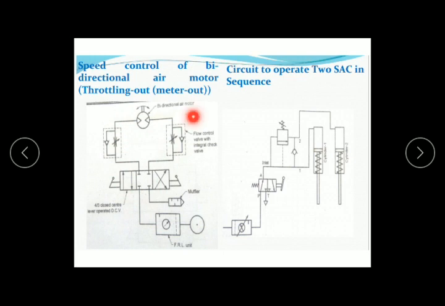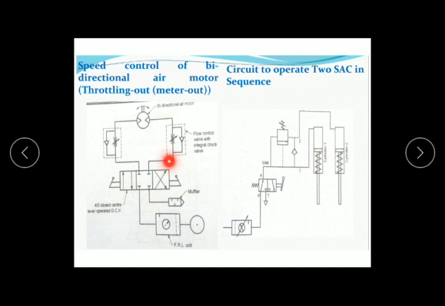At this position the check valve is in the opposite direction, so the only way to transfer the air is through the flow control valve. In this way you can change the speed of the motor in the clockwise direction by changing the opening of this flow control valve. Similarly for the anti-clockwise direction,